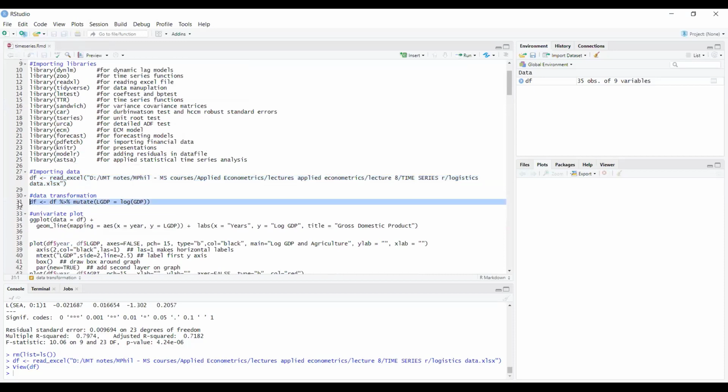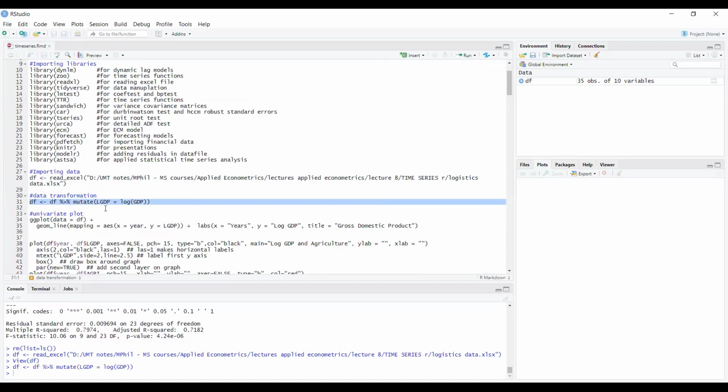Now this command is an example to be used if you need to transform the variables, if you need to take a log or calculate a square form or a cross product. The command uses mutate. Mutate means it will create a new variable and store it in the data file. So first I will calculate the log of the variable: mutate LGDP is equal to log of GDP.